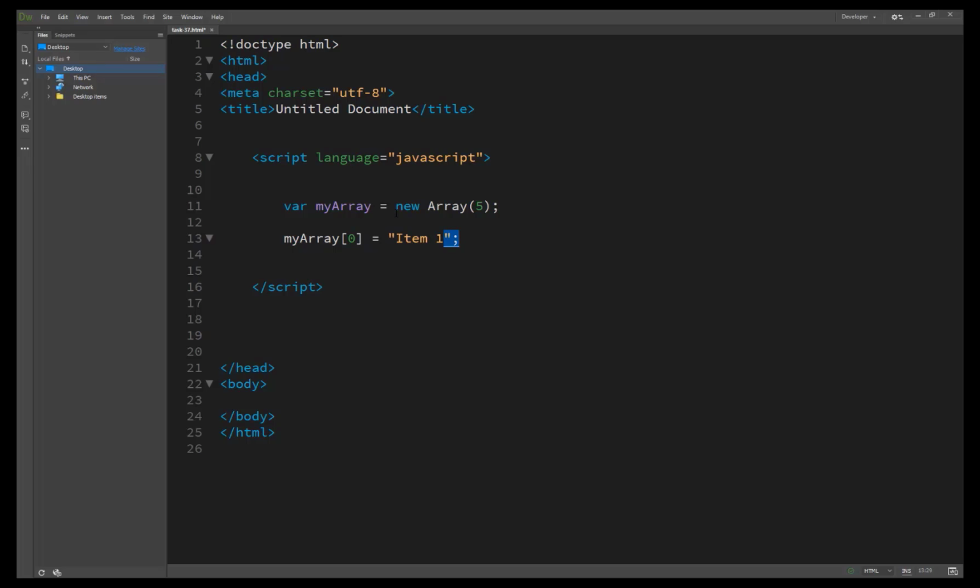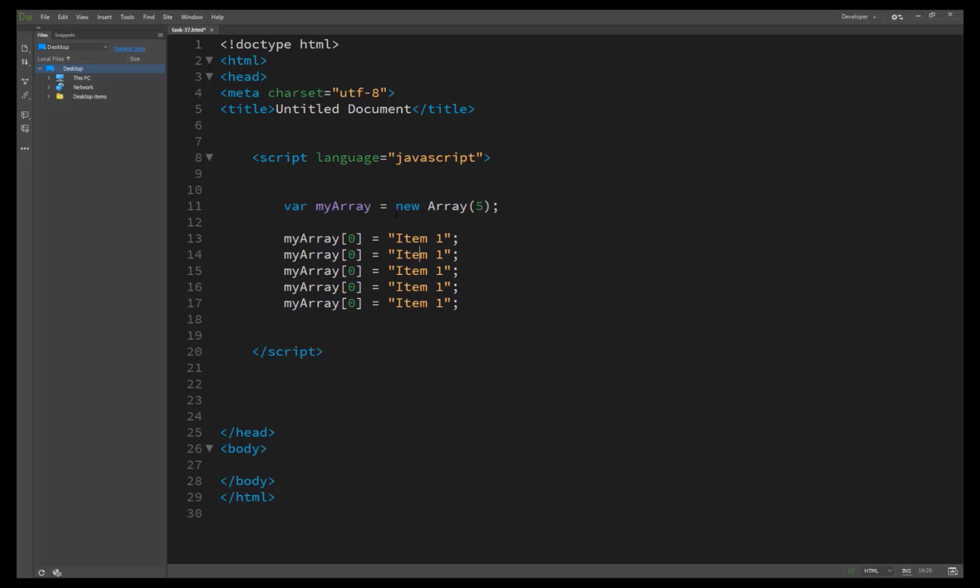Copy the same line five times because I have passed 5 indexes. So here is item 2, item 3, item 4, and item 5. Here we pass 1, 2, 3, and 4.